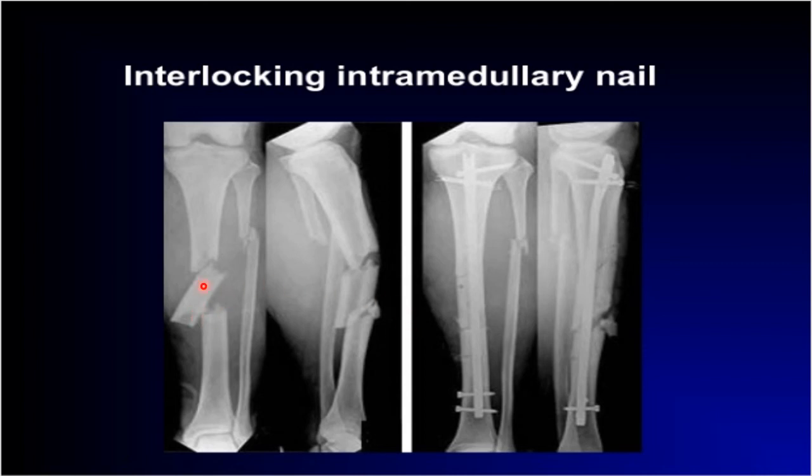So here you see a segmental fracture of the tibia, and an interlocking nail has been passed, aligning through the segmental fracture also, and now this is being held in place by these interlocking screws, and generally the surgeon attempts to not discard the fracture hematoma around this site so that these gaps would then be filled in by bone.